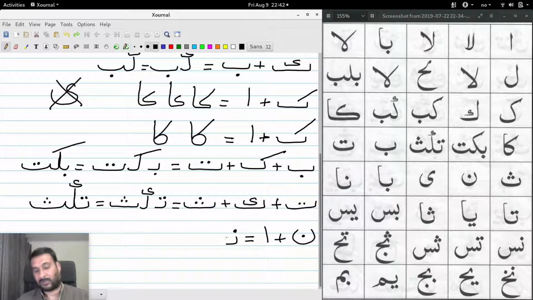When there is one dot above this construct, then it is always going to be noon, because ba has one dot, but it is beneath, as you can see here. Noon has the dot above the construct, or if it is written full as an individual letter, then the dot appears inside it. So this is noon and alif,